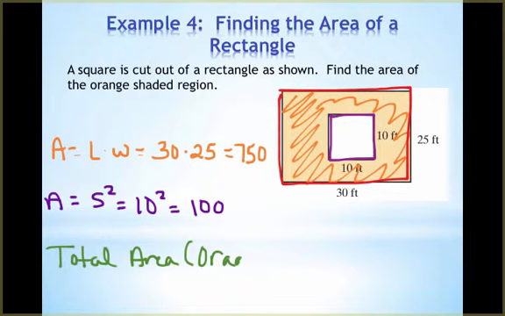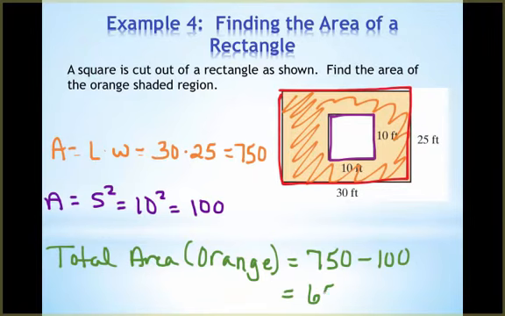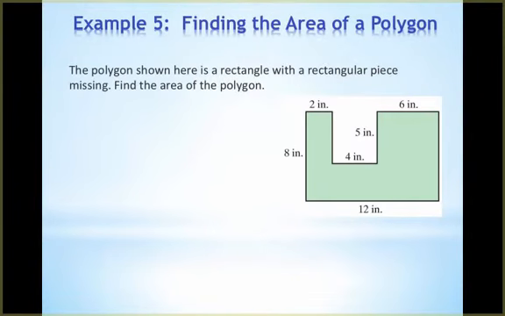We'll label that as the orange area. It would be 750 minus 100, which would be 650, and we were measuring in feet, so that will be square feet. In example 5, we're going to find the area of this given polygon,